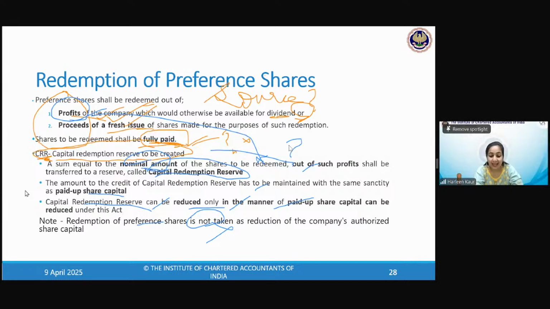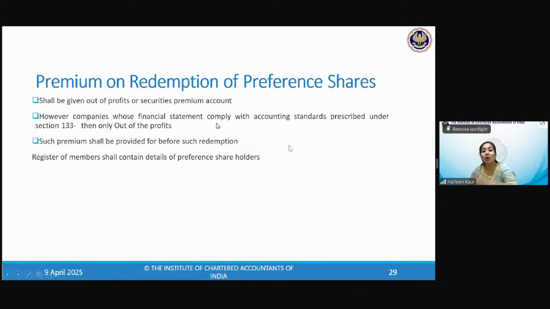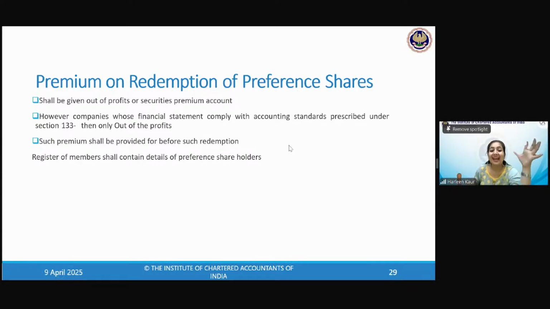हो गया ना interlink accounts and law. I hope you all are enjoying the class. You are enjoying the learning of law, a practical knowledge that you have learned and gained, and now you are understanding the principles behind that. However, the companies whose financial statements comply with accounting standards, okay, first let me read that. Excellent, Mrs. Deepika. That is so real. Everything is interlinked, Soumya says. Good.